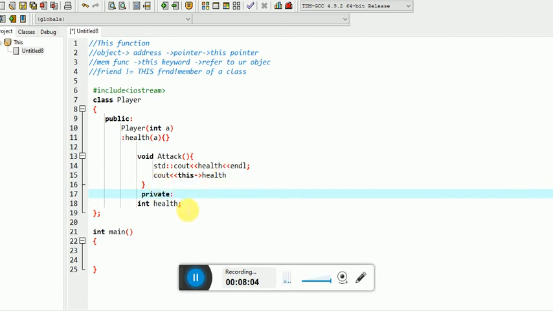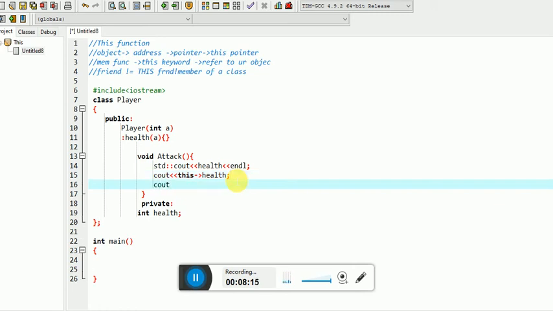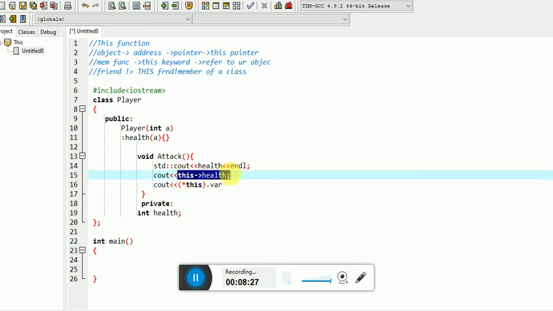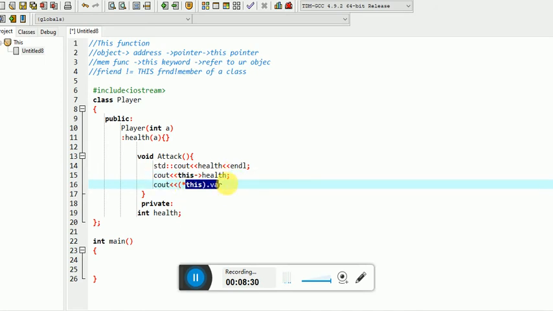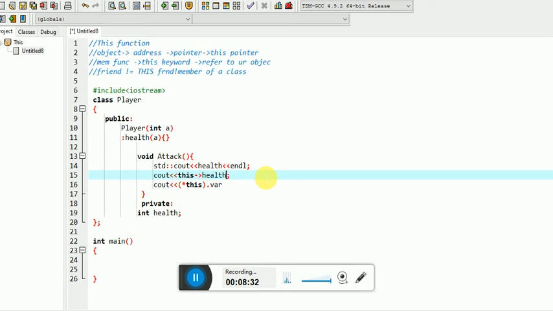Our private data will be health, and we will be using it by using the this pointer. Again we will be using another technique by using the dereferencing method and dot operator over here. We can use either this technique or this technique to specify. There is no issue with this one.